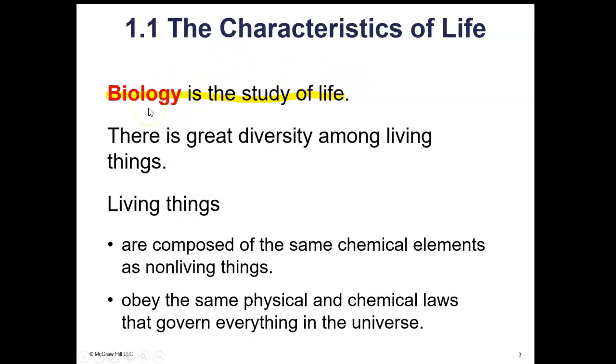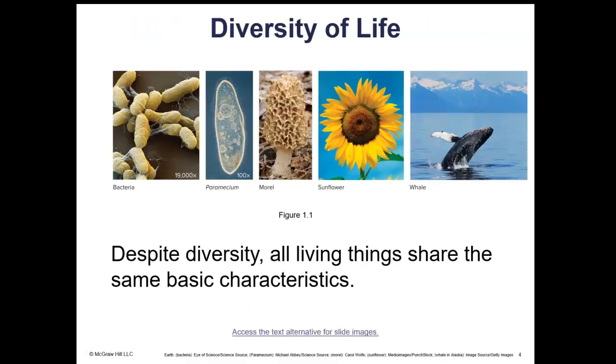And you definitely, if you're going to take this class, need to know the definition: biology is the study of life or the study of living things. So we need to know what living things have in common. What you see on this slide are 5 different types of living things. On the very far left, there's an image showing us bacteria, and if I'm not mistaken, those are E. coli bacteria. I know E. coli bacteria are oval shaped or rod shaped, as these are, and